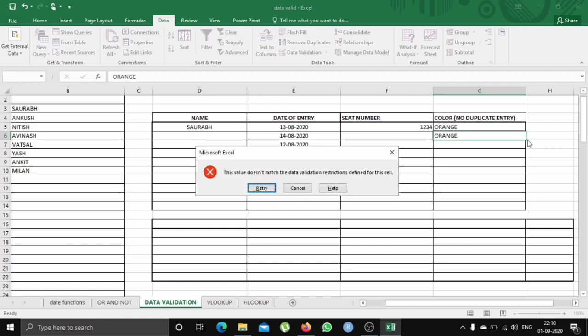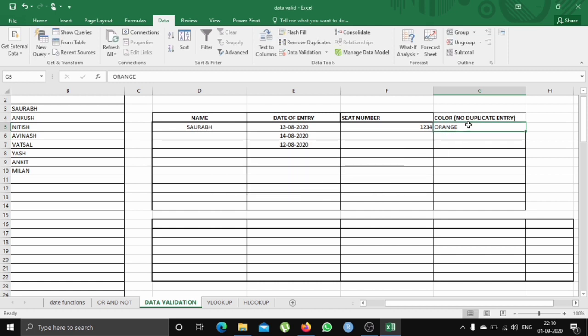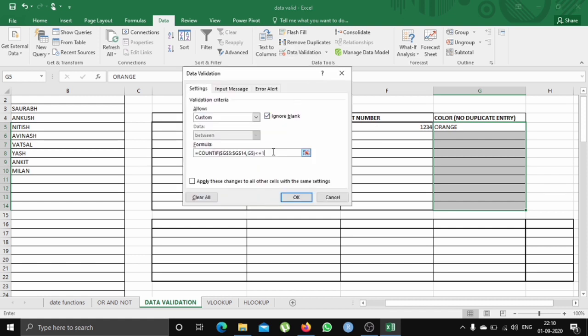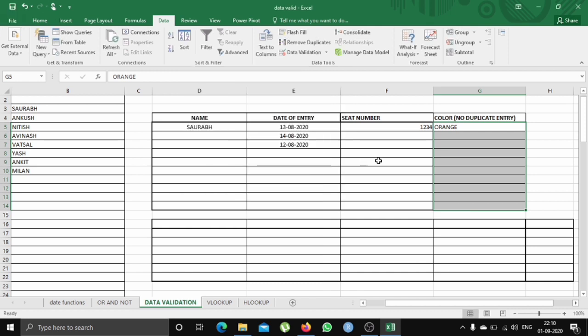So let's press enter. As we can see, it is not accepting. But if we want the color to be entered 2 times, you can change that by entering 2 here. Press enter, and let's see. It has accepted 2 times, but not the 3rd time.